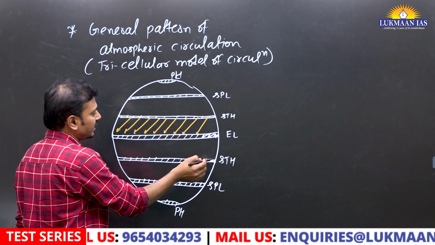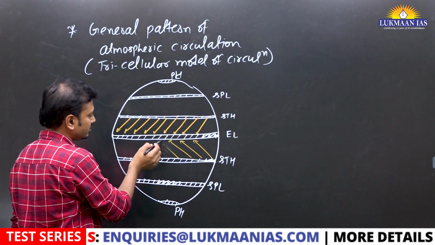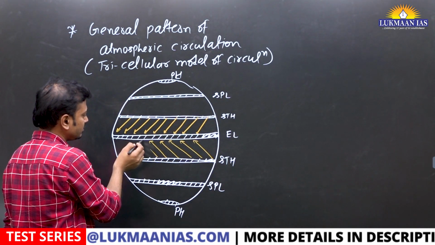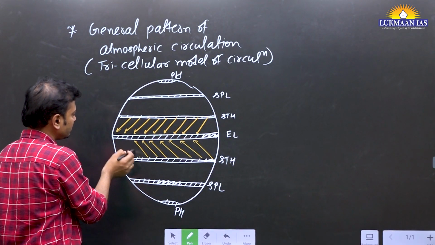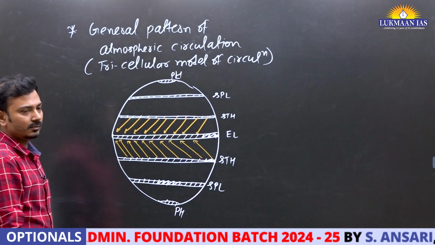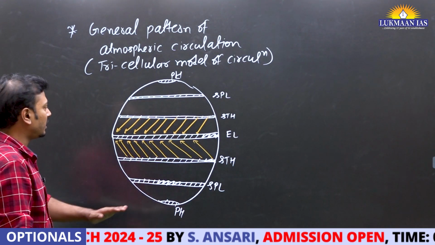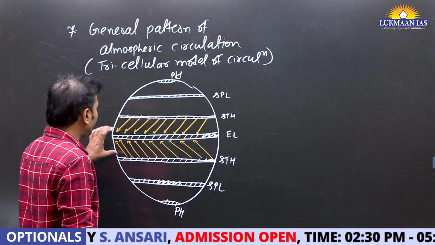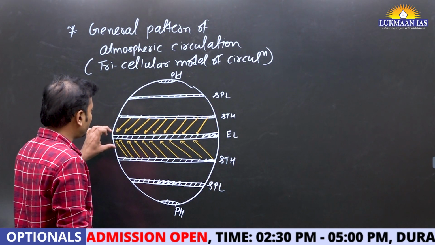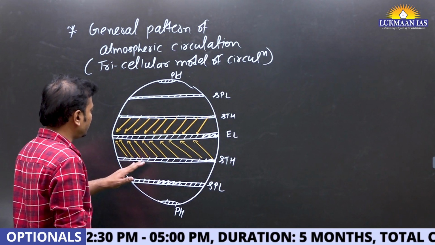Here, if it is originating, it is deflecting to the left. This is the wind pattern along the ground. We are talking along the ground. So between subtropical high to equatorial low, the wind movement that is happening along the ground looks like this,